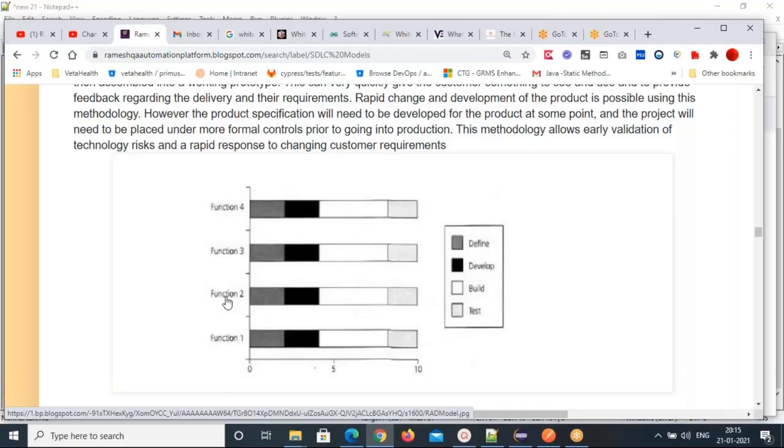Later, all the 4 modules will be integrated as a single working product. That is what the rapid application development model means. All activities will go parallelly. That means you will finish many functions very quickly, right? That's why we are calling it the rapid application development model.